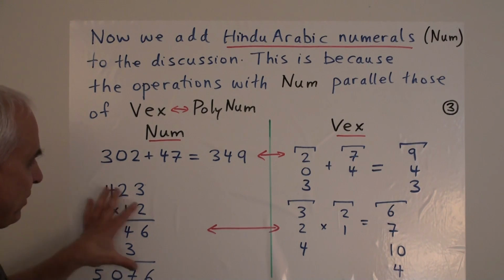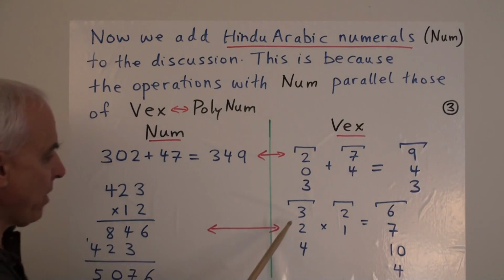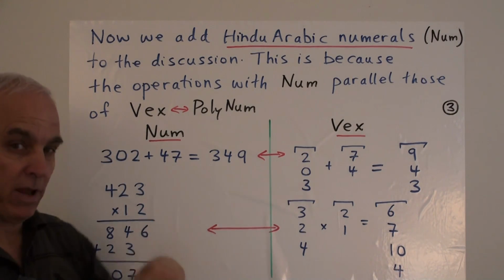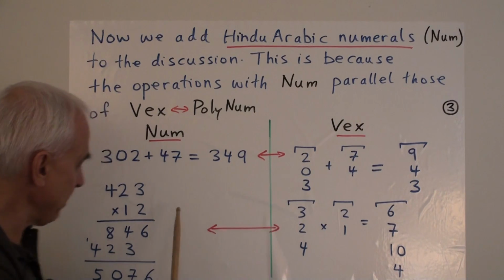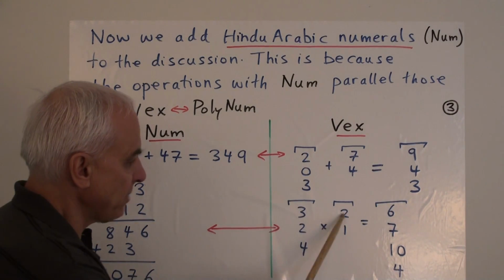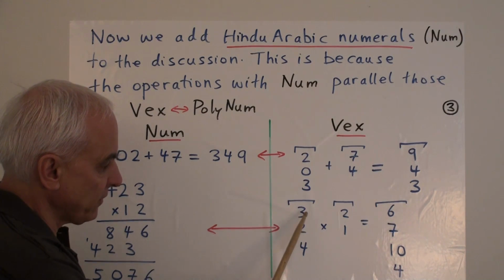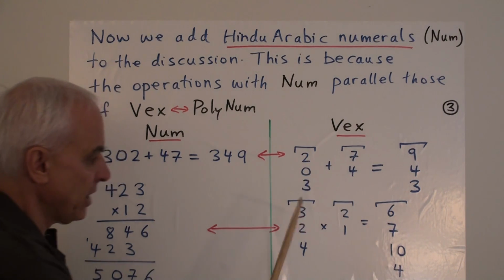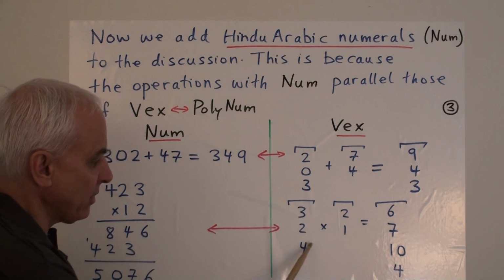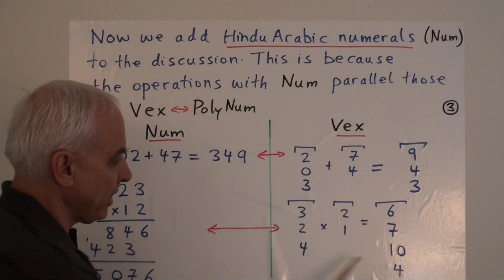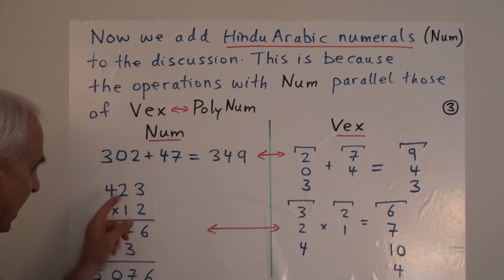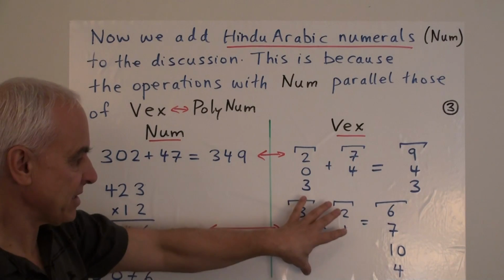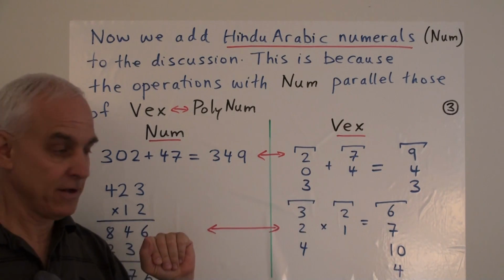And note the parallel between that and multiplication of the corresponding Pali numbers down here. If we take 324, that Pali number, and 21, and we multiply them, we also have the similar kinds of operations occurring. So 3 times 2 is 6. And this 7 occurs from adding 3 times 1 and 2 times 2. The 10 occurs by adding 2 times 1 and 4 times 2. And the 4 is obtained by this 4 times 1. So exactly the same products that were happening over here. There were actually 6 products here, and there were also 6 products that were figuring, exactly the same 6 products.